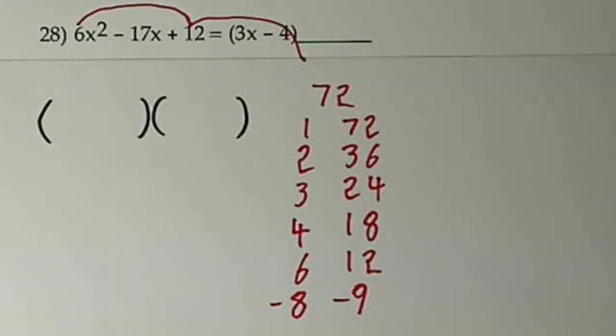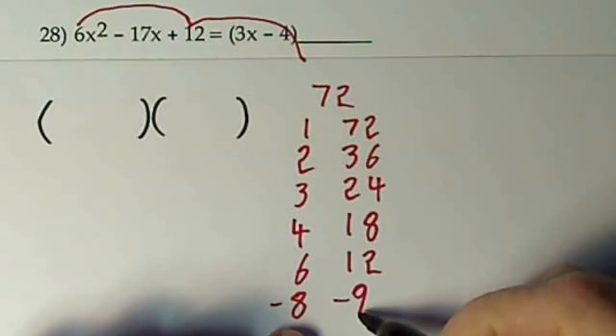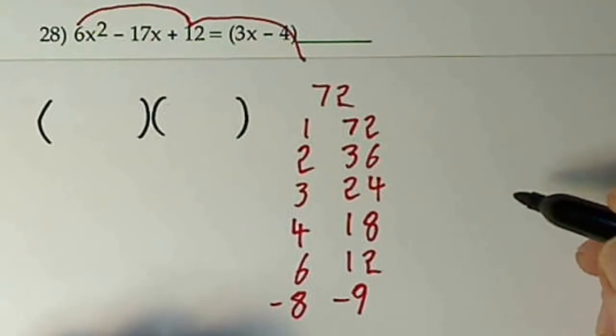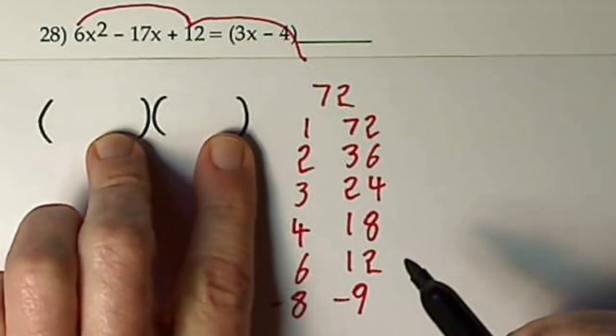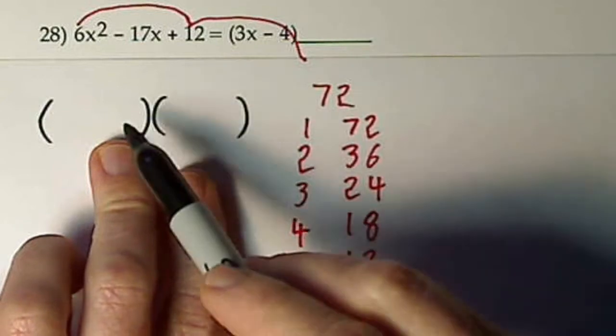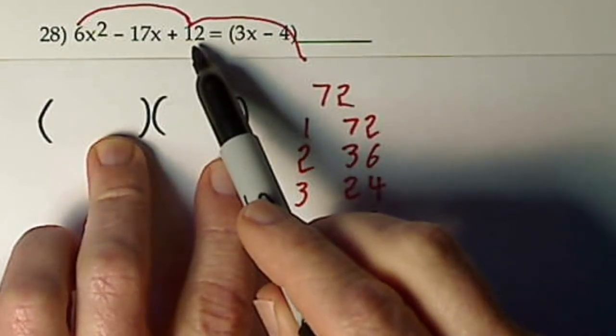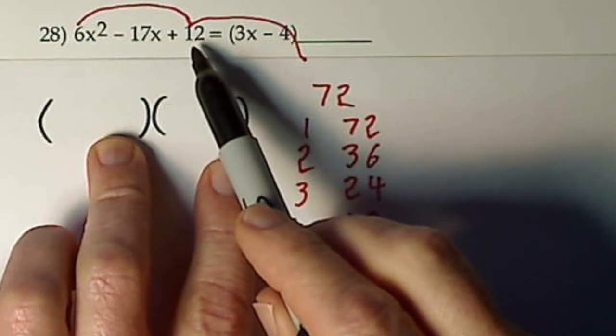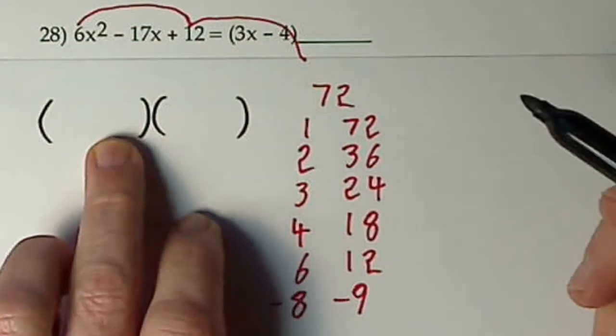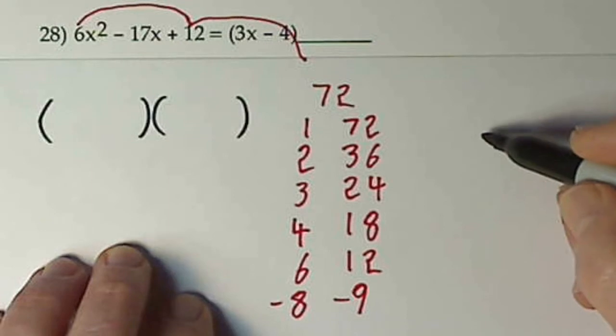Okay? And for the box method, once you find these numbers, you're ready to use the box. I can't just plug in an 8 and a 9 here, because notice if I had negative 8, negative 9, that would give me a positive 72 on my last term, and that is certainly not what I'm after. Okay, so using the box method,